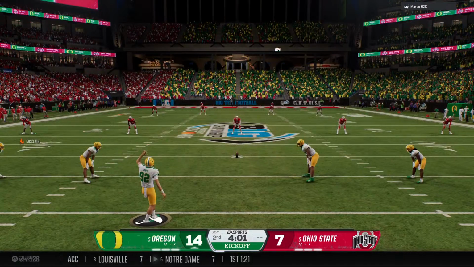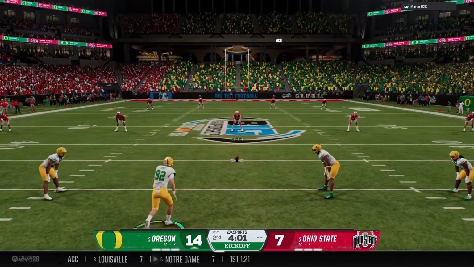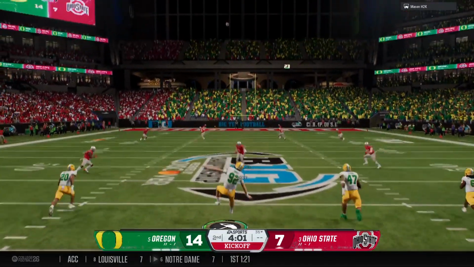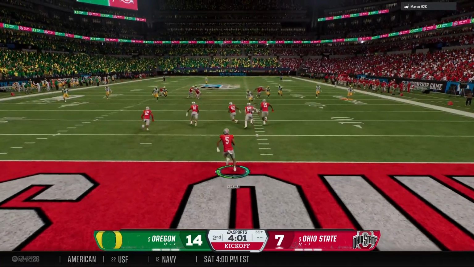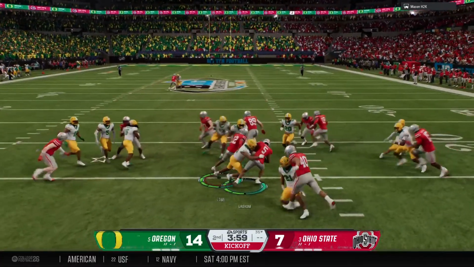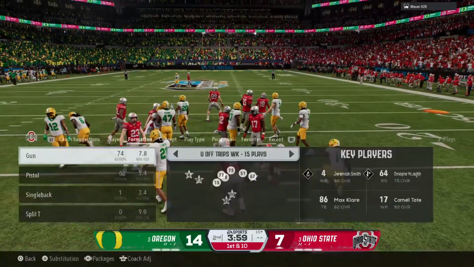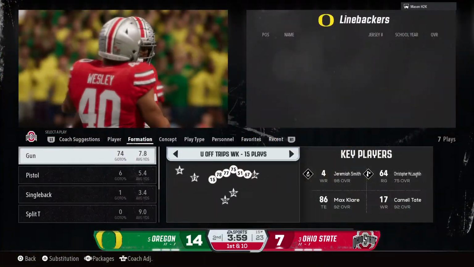Got momentum after scoring that touchdown. Now the kickoff team out there to kick it away. Bringing it out. It's Graham. Solid coverage there. They get it at the 15. That's when the offense will take over.